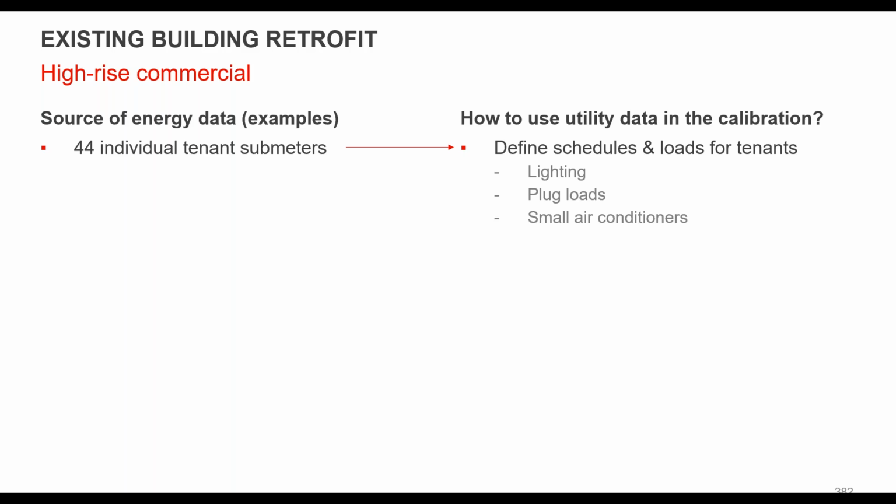Continuing on with this, for example, we'll look at these sub-meters. In this case, there was 44 individual tenant sub-meters. So those are the different tenants that were in the building. These data sets, again, 15-minute data sets, directly define the schedules, right? So the hourly schedules that were used over the course of an entire year. We had 4 years of data for the building, and it specified the actual load, so the watt per square foot that was being accounted for lighting, small power, and IT.